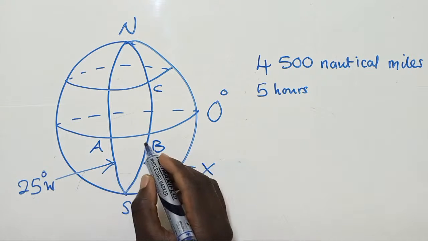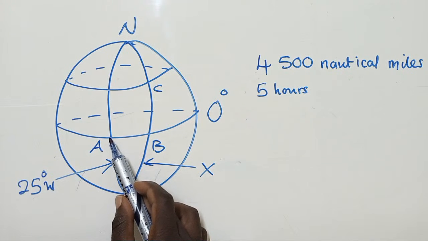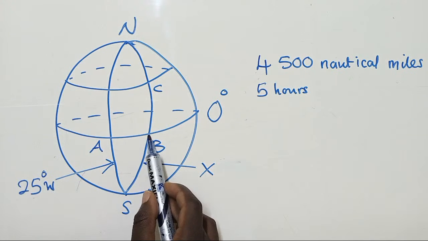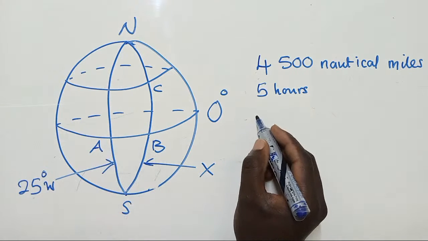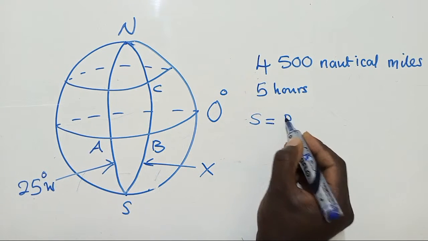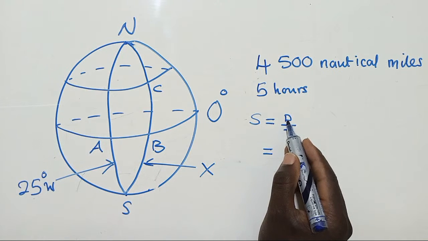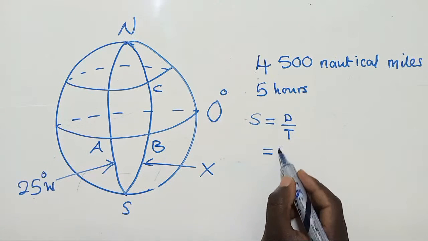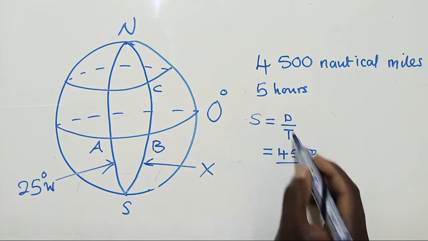So they want us to find the speed. The plane was flying from point A to point B, and we want to find the speed. We know the formula for finding speed is equal to distance over time. So what is our distance? We are given the distance in the question, which is 4,500. Over the time, we have